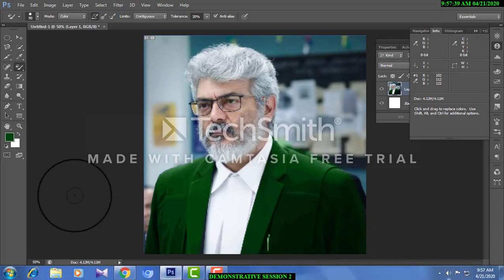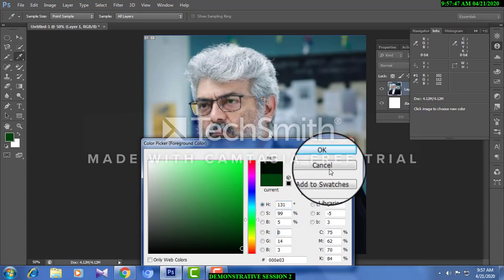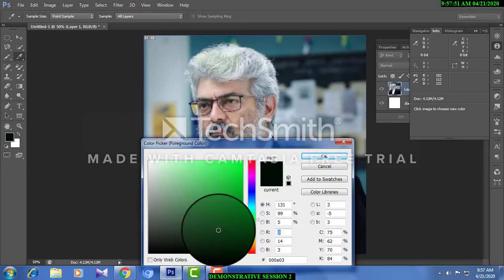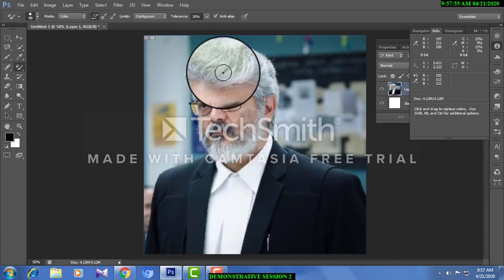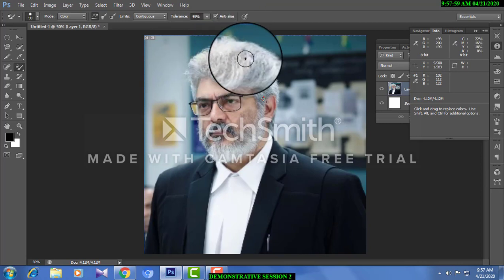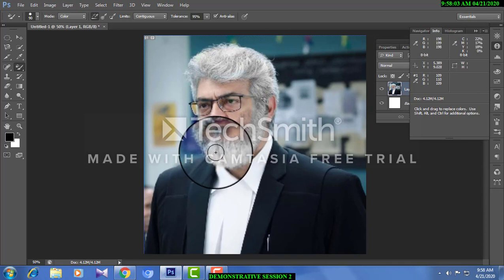Are you able to see? This is the color replacement tool. For example, if you want to make the head a little darker, you can do it with the help of the color replacement tool. Look here. A little more darker. I'm increasing that. It is not appearing fully, it is a lighter level.